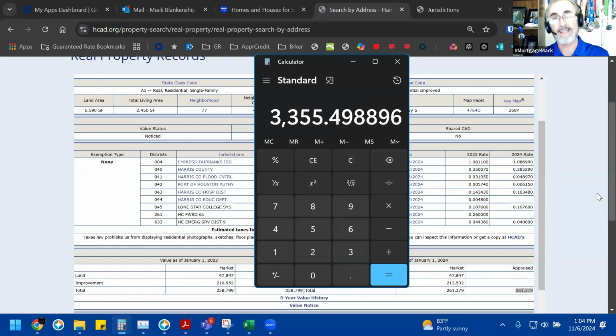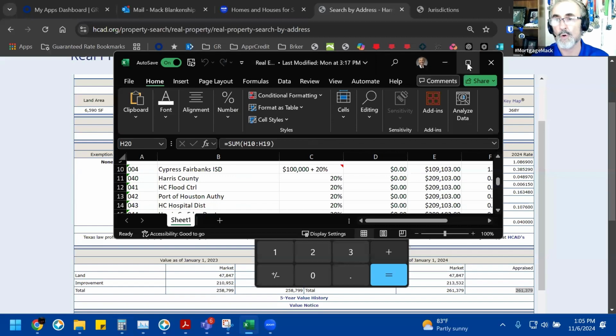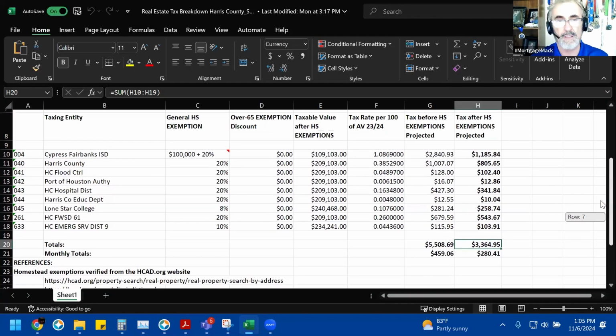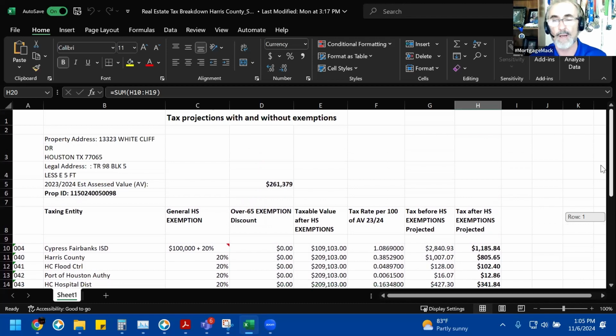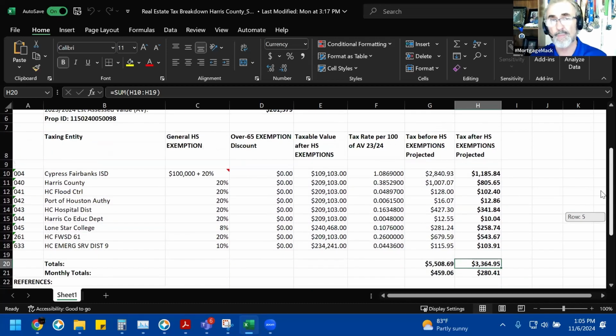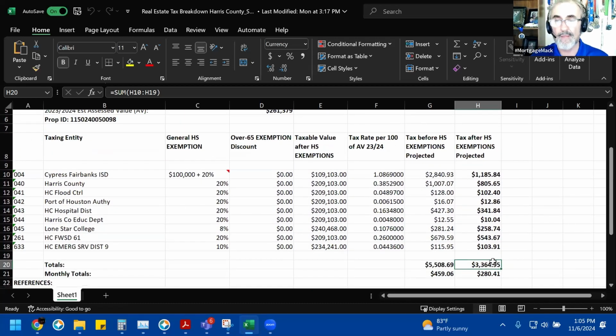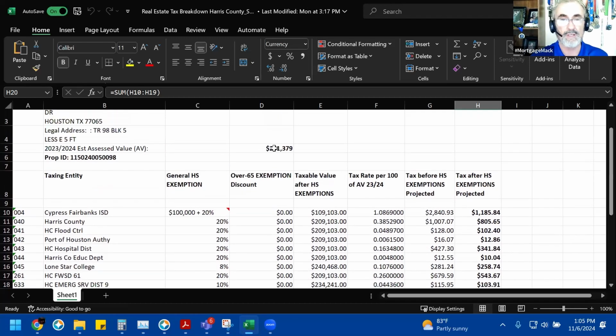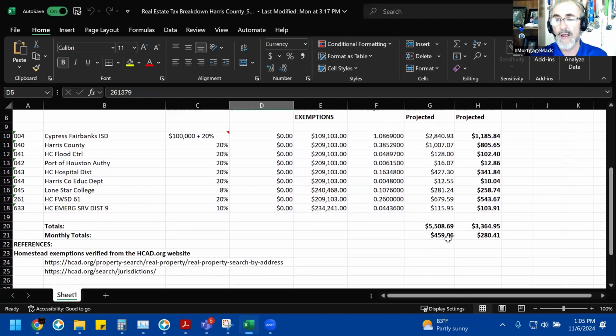And there's your taxes. And I have a spreadsheet here that I'm going to show. I just did this somewhat in a hurry, but I'll give you an idea as to how concise we are when we're making these calculations for your buyers. This is a spreadsheet that I use for underwriting, and it shows the before and after with the actual assessed value. So clearly it's slightly different than my hurried assessment, but it's a big difference between paying $459 and